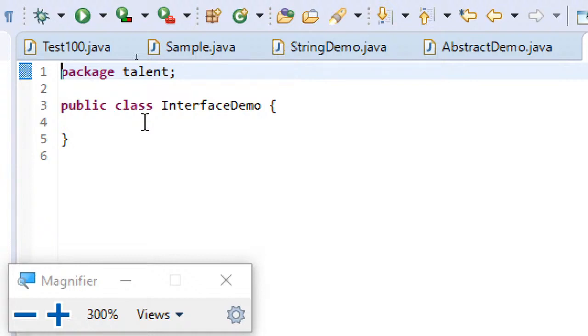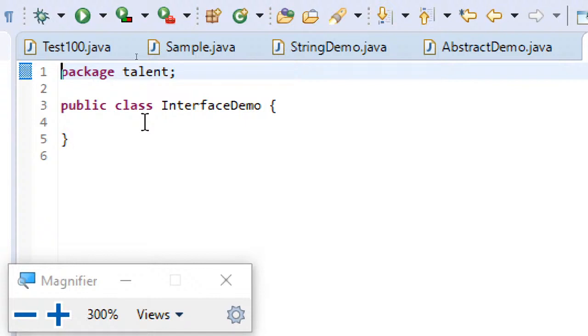Now, in my earlier session I mentioned that multiple inheritance is not supported by Java directly, but it is achieved in Java with the concept of interfaces. As we have discussed with regard to the types of inheritance, no class can have more than one parent. That's what Java generally supports. But what if you want your class to have more than one parent? Then you can go for interfaces.